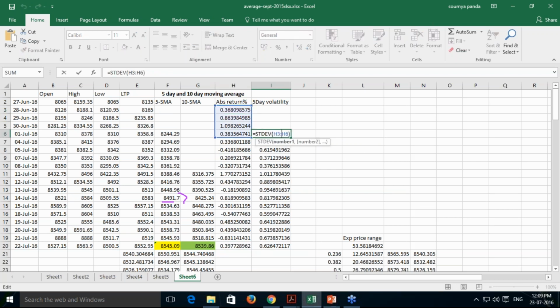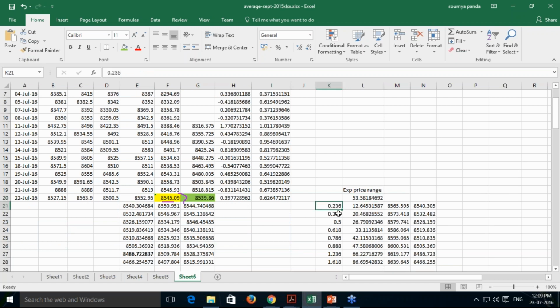Then I am taking the volatility parameter here. There is a function in Excel called STDEV. So this is giving me the volatility of the past 5 days. So 5 days data I have taken. Based on this, this is our daily volatility. Based on this particular daily volatility, I have multiplied it with the last traded price and got the